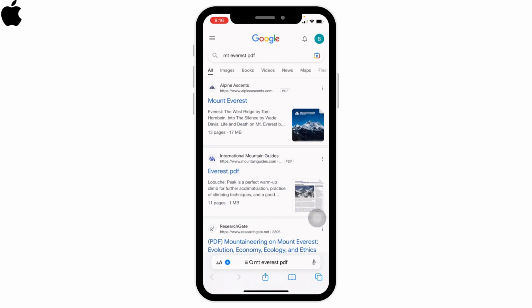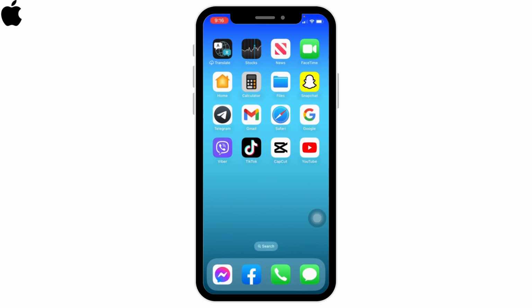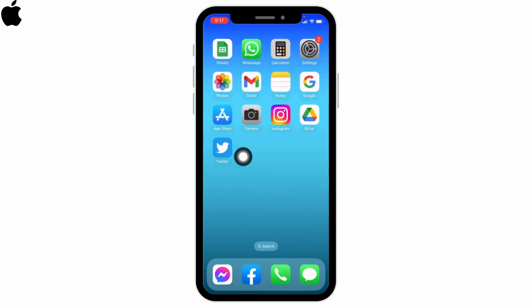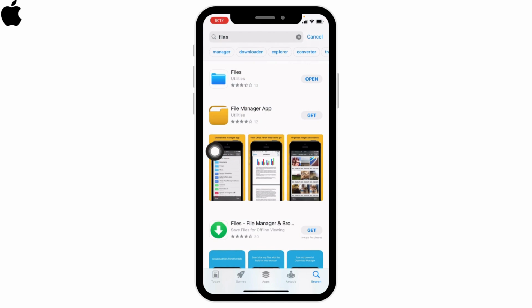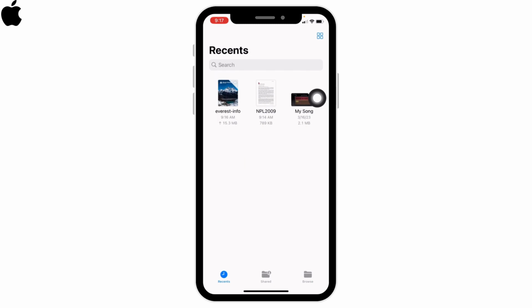And after completion of its download, now how to open it. For that, you can close this and you have to open your Files app. You can get this app easily in your phone. If it is not available in your phone, then you can head towards the App Store and search for it, and you can just download it from there. This is free of cost. You can easily download it, and after you download it, you can tap on open, and in the recent you